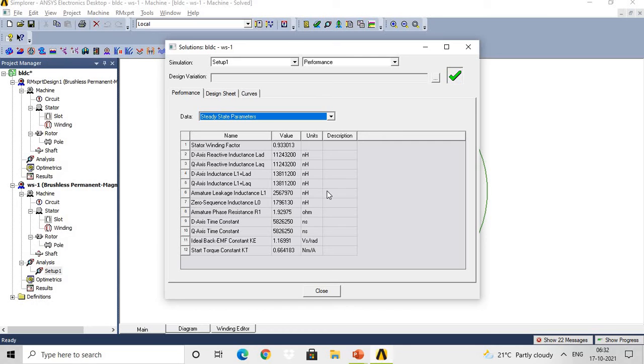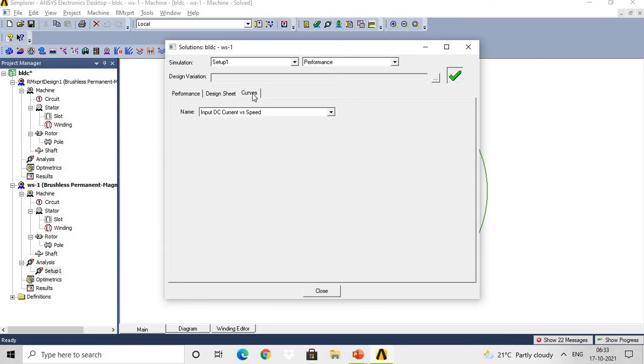are also available. Then another important thing: whenever you are going to do research, at that time you need the information to check the performance of the motor with the help of the different curves, so that you can add those curves for your research in your research paper or in your research project. Or if you want to study the performance curves, then these curves are also available.